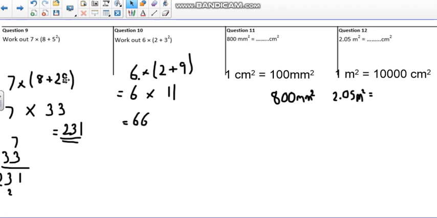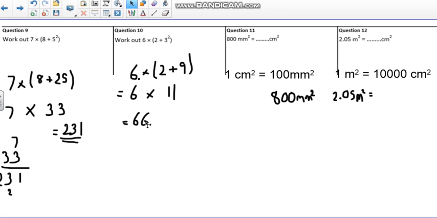Now I can do the brackets, that gives me 33, and now I can do 7 times 33, which is 231, which you may need to write out here. Similar here, I need to do the brackets first, but I need to deal with the indices, so 3 squared is 9, so then I can do 2 plus 9, which is 11, and then I can do 6 times